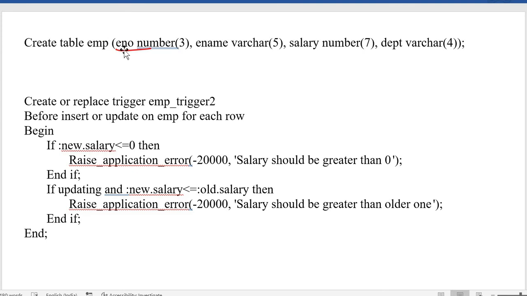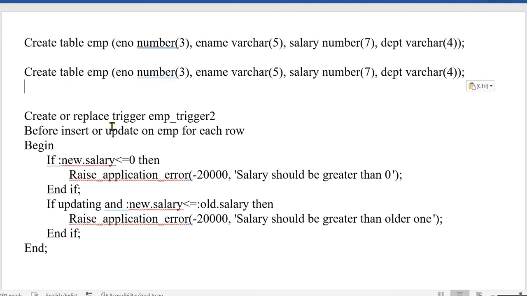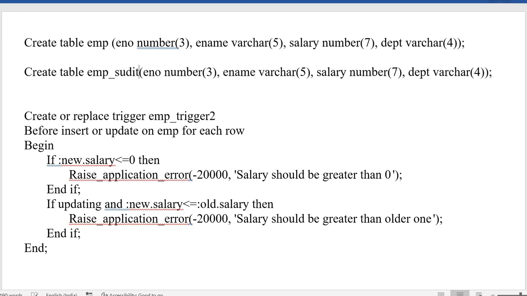Okay, suppose this is our employee table and we always want to keep track. Suppose one record is updated or deleted, and we want to perform some audit in future, then we must have the backup of the older version, means older values, and all the deleted entries and inserted entries must be kept separately in another table as a backup table. So this time we are going to create a backup table as employee underscore audit to keep